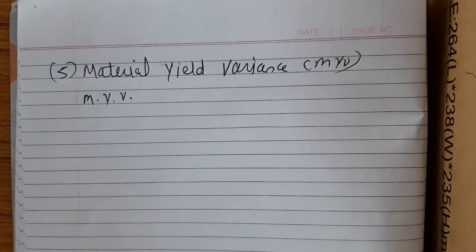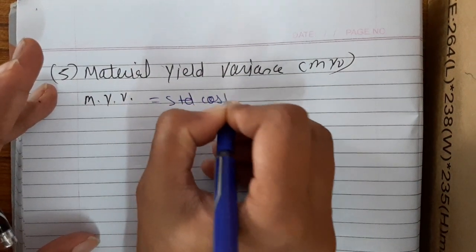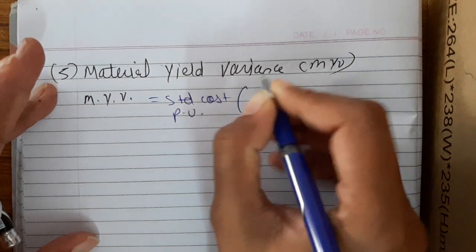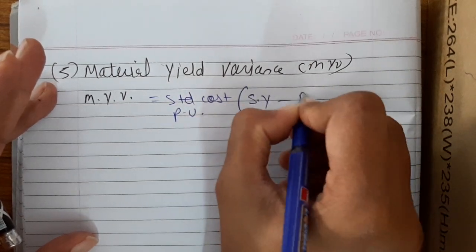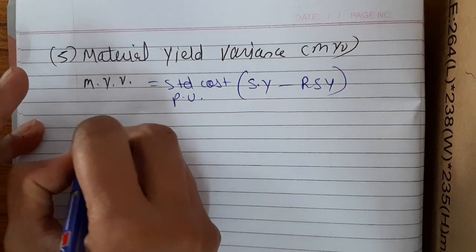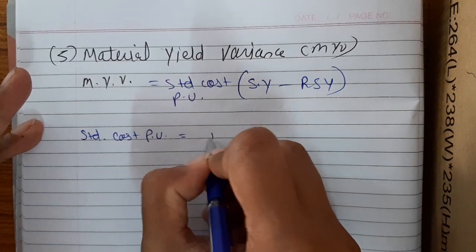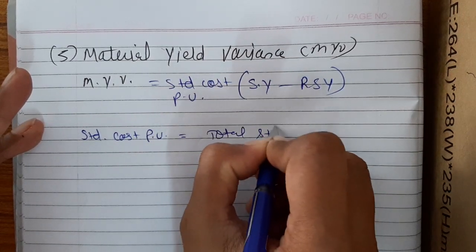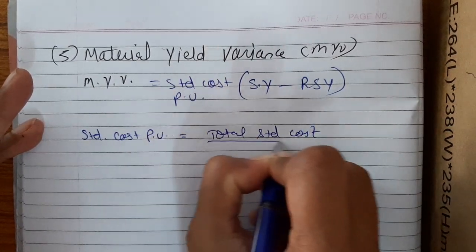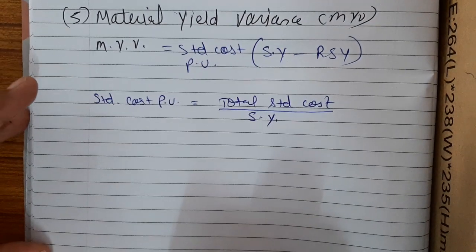So the material yield variance formula will be used like standard cost per unit into bracket standard yield minus revised standard yield. For finding out standard cost per unit, the formula is total standard cost divided by standard yield or standard